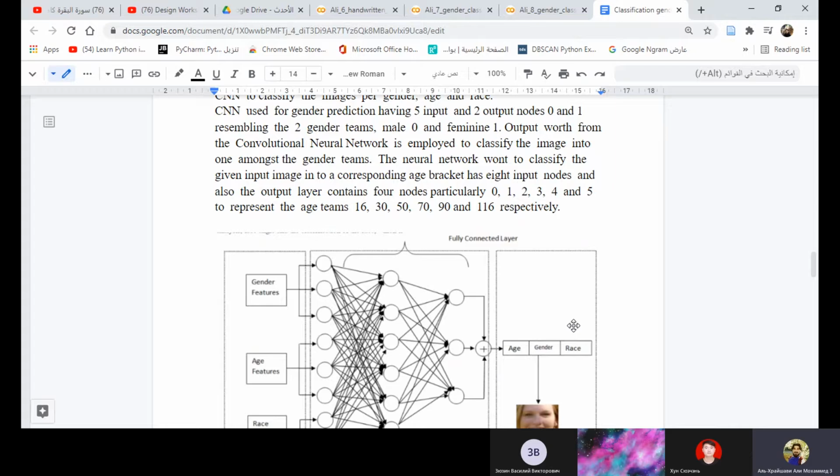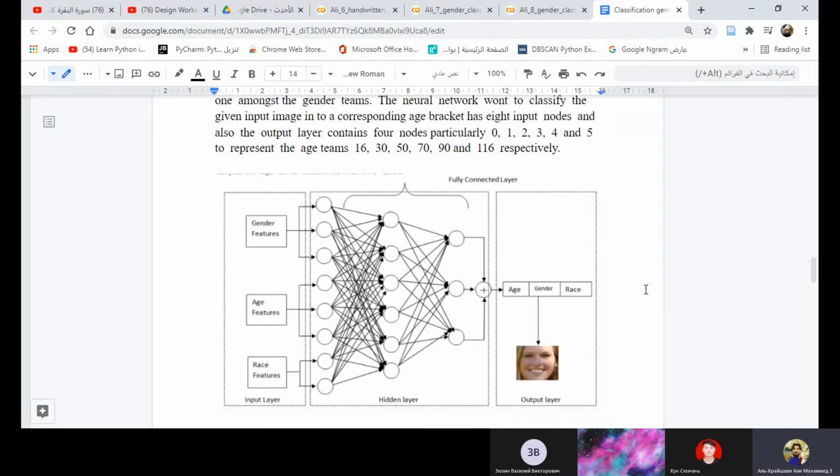The neural network used to classify the given input image into a corresponding age bracket has 8 input nodes, and the output layer contains 6 nodes, particularly 0, 1, 2, 3, 4, and 5, to respond to the age groups 13, 15, 17, 19, and 100, respectively.